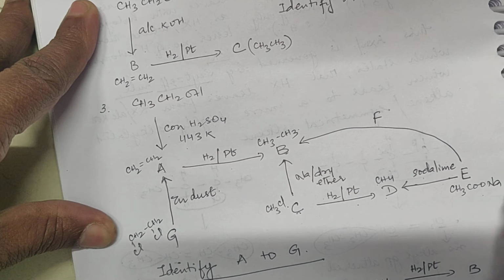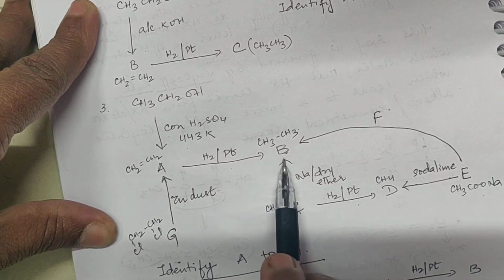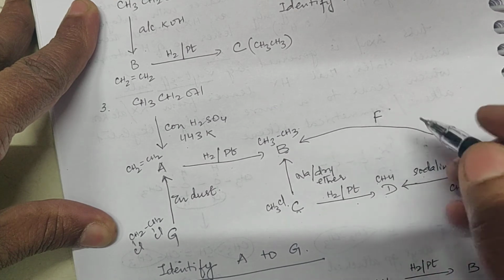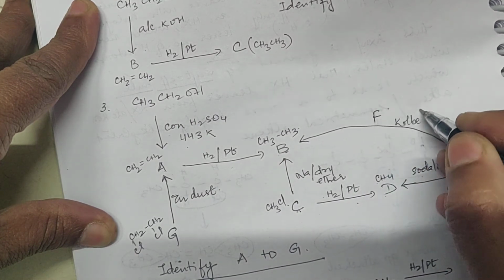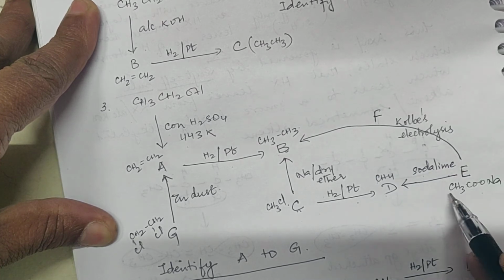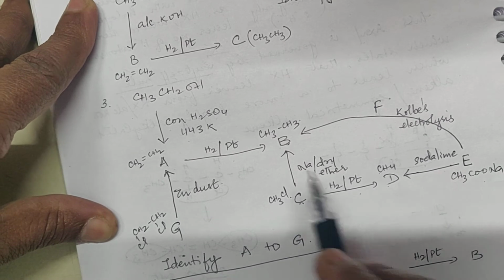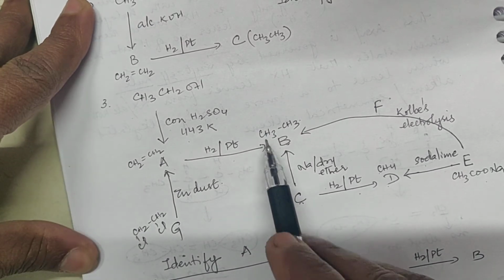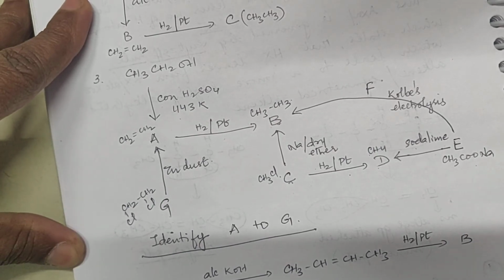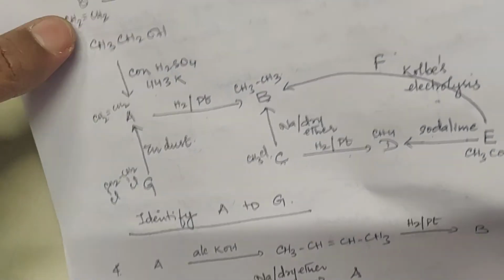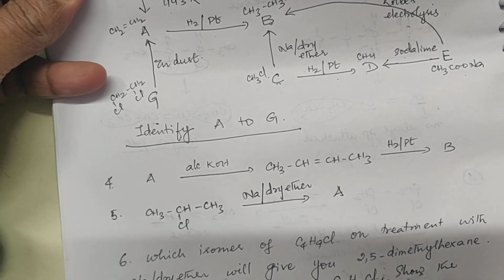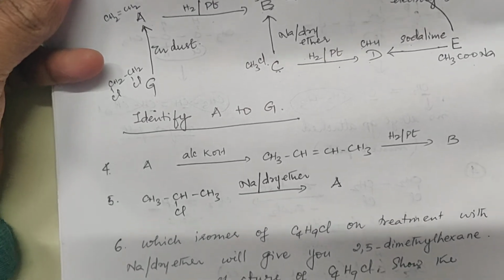Now the same sodium acetate, how will it give you ethane? If you subject it to soda lime, you will get methane. If you subject it to Kolbe's electrolysis, then the CH3 gets doubled. We have seen it. So you will get ethane. This is called conversion. This is how you have to practice organic chemistry. You will have a lot of fun, you just have to take a little interest. But if you start practicing, you will really enjoy.